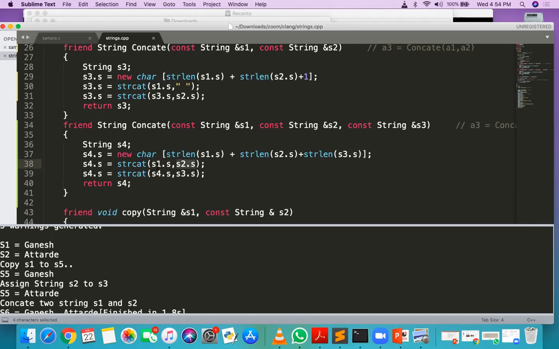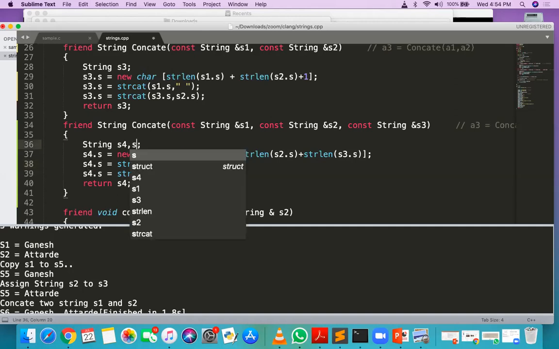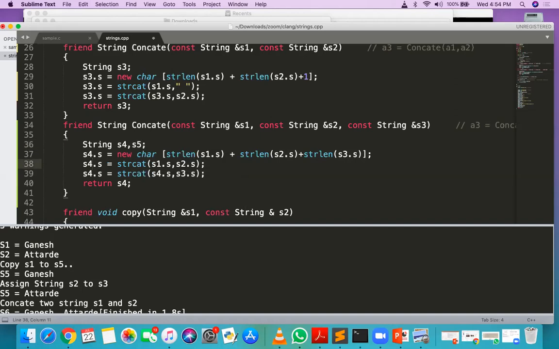It gets concatenated and stored in S4. Okay, let's try the other method. Suppose S5 dot S, and if it is S5 dot S, it will also not work.